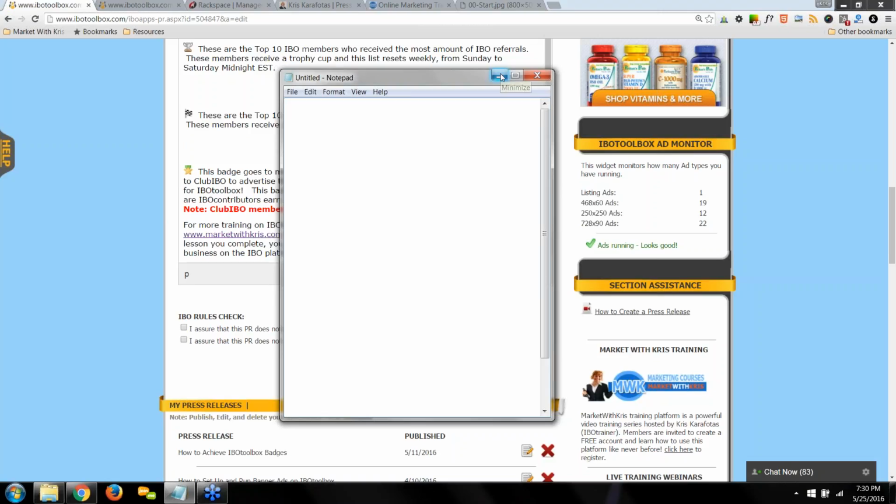So if you're using Microsoft Word to begin with, and you want to have it check the spelling and the grammar, that's fine. But then copy it into a Notepad document that's located on your computer under Accessories, and then from there, copy it from the Notepad document into your press release.